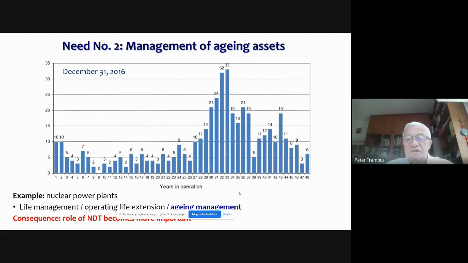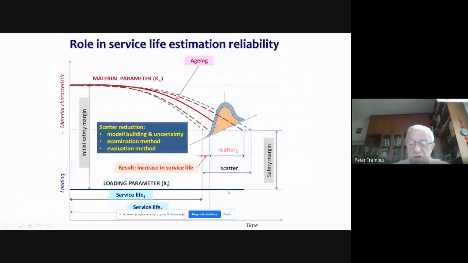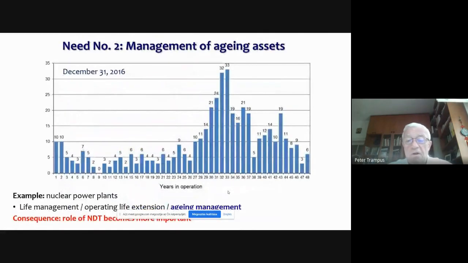And you can see that the peak is somewhere here in the 30s to 35th year. So the nuclear fleet of the world is quite old.